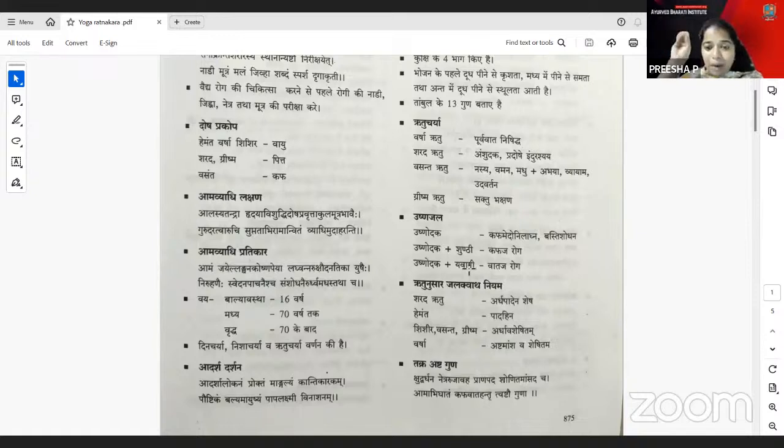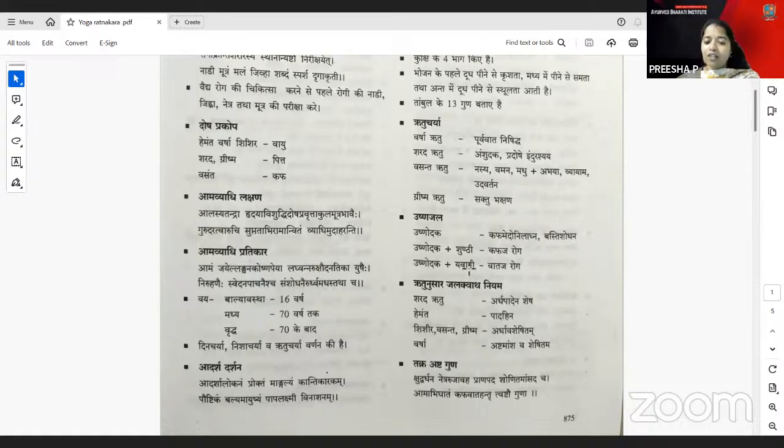So, Hemanta is Padahina. Shishira, Vasanta and Grishma is Ardhavasheshita, like it will be reducing the water to half. Shishira, Vasanta and Grishma, so SVG you can remember. SVG means it is Ardhavasheshita, SVG is reducing to half. When you consider the Varsha, it is the 1/8 part, which is the Shoshana part.